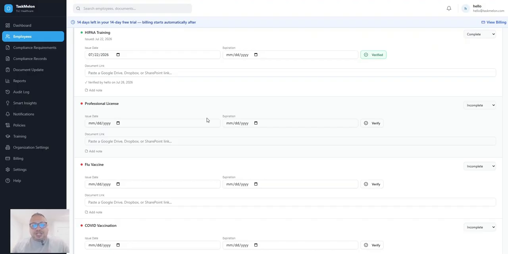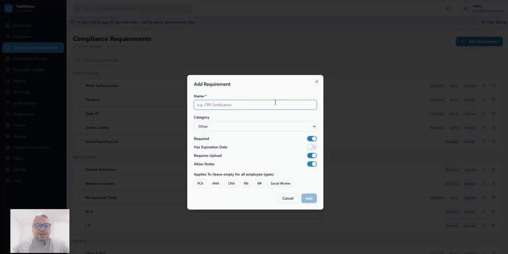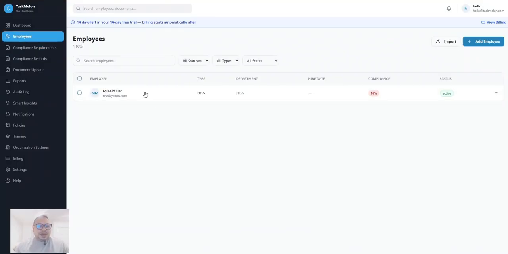And I should have actually created that, an HHA certificate. So if I want to, I can go back to the requirements and put it in here, and I can go ahead and click add here, and I'm going to put in HHA certificate, right? And it's for HHA. Okay. And if I want to create one for PCA, I can do that also for PCA. I'm going to add that. I'm going to go back to Mike's. I'm going to open up Mike's record